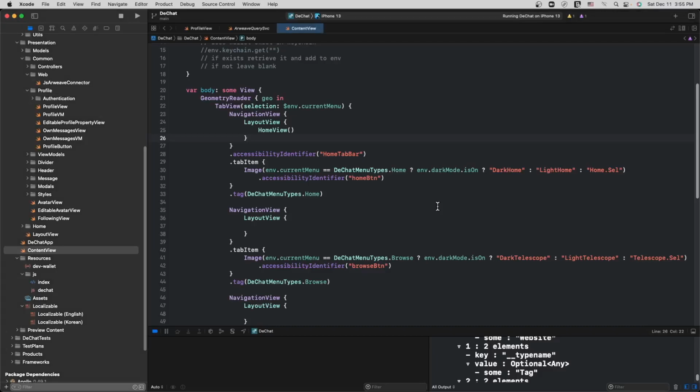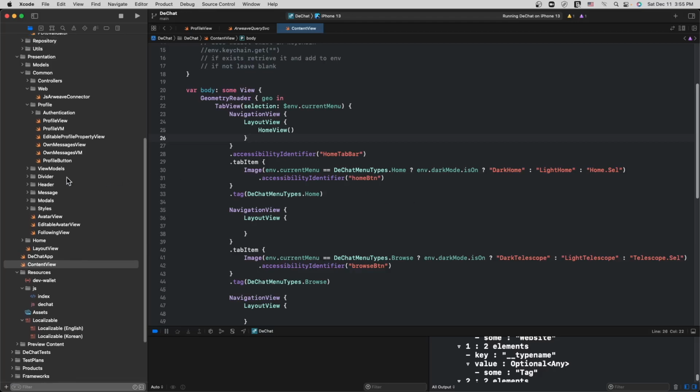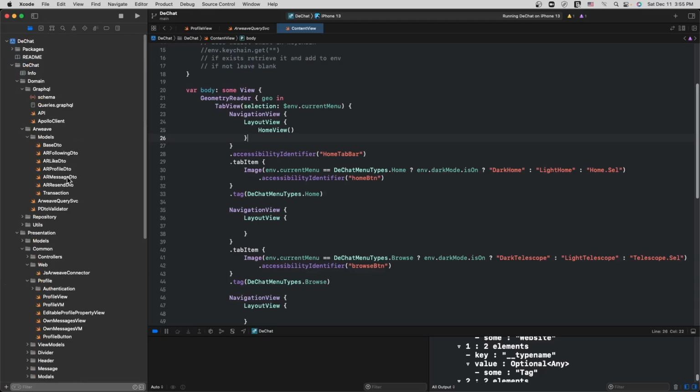So, as you can see by the Xcode project that's visible here, this is the project itself. And I'm going to go into it in a bit, but I wanted to talk about what DeChat is supposed to be. Basically, DeChat is a decentralized and censorship resistant chatting or discussion application. And like I said before, DeChat is based on the Arweave blockchain. And I think probably a great deal of you guys don't know what Arweave is, or you have really zero experience with it. But basically,